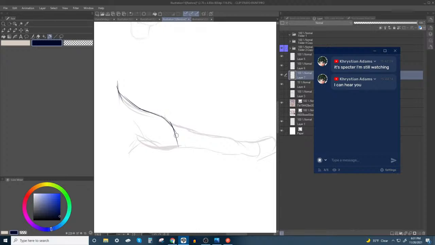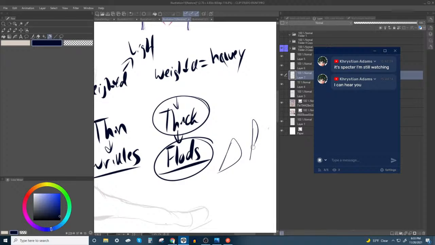So 9 times out of 10 it's thick and it's gonna fold, most cases. Sweaters are gonna lock in other ways,